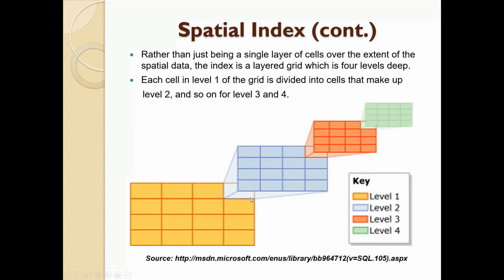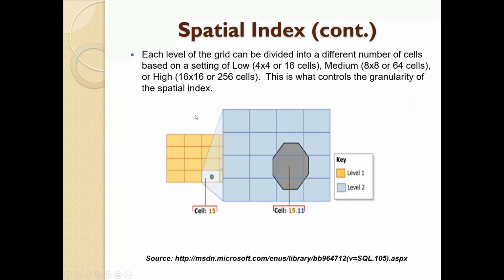So out of this first grid's cells, the last one in the first row, you can see it's further subdivided into 4x4 for this level 2 and so on. So you can granularly make it smaller and smaller and fit the data points within these level 1, 2, 3, and 4. So obviously you locate the area where the point exists in level 1, and then of course you get it more and more exact as you go out through these layers, level 1, 2, 3, and 4. And you can further set the granularity of each one of these layers,